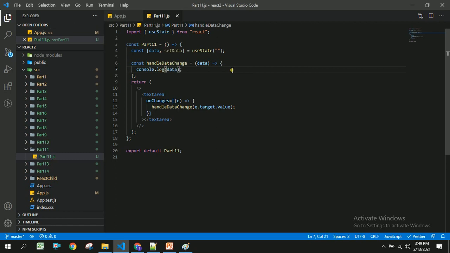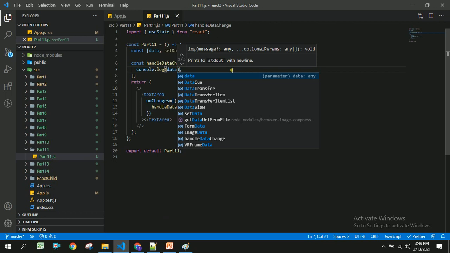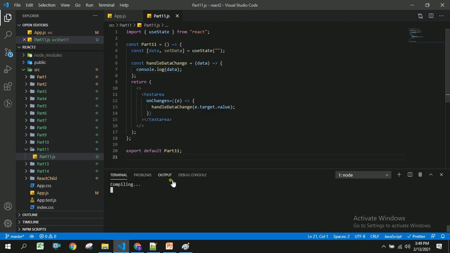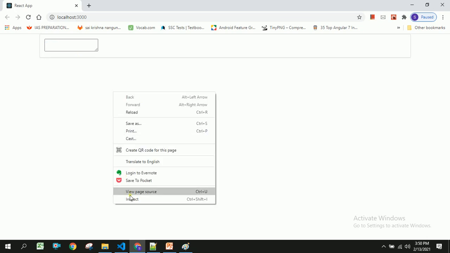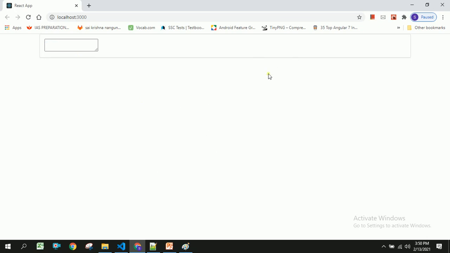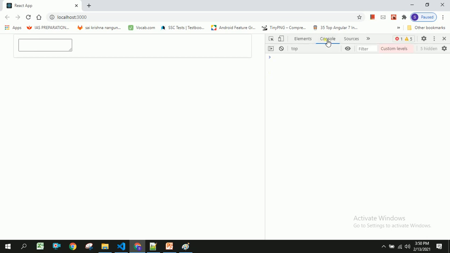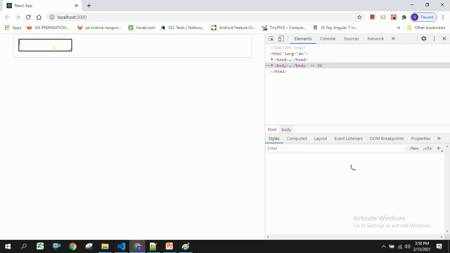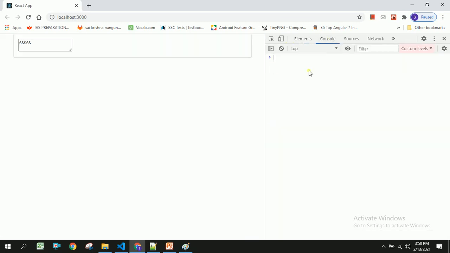Let us save this and check whether we are able to get the data or not. So I am opening my console. Here we should be able to get the data entered by the user.